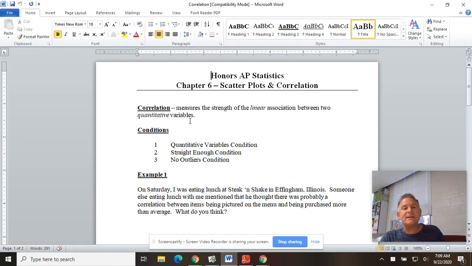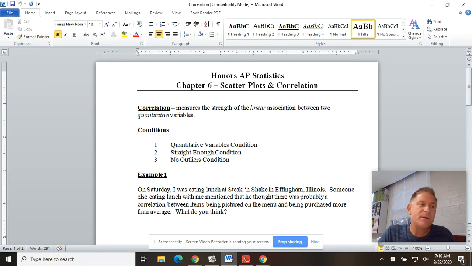Okay, so the first thing is our definition: strength of the linear association between two quantitative variables. Before we start talking about correlation, much like almost everything we're going to do this year, we're going to check some conditions and make sure they're met. We already talked about two of these. One's the quantitative variables condition. So don't talk about correlation unless your variables are quantitative. Two is the straight enough condition. All that's going to mean is when you make a scatter plot of your x's and your y's,